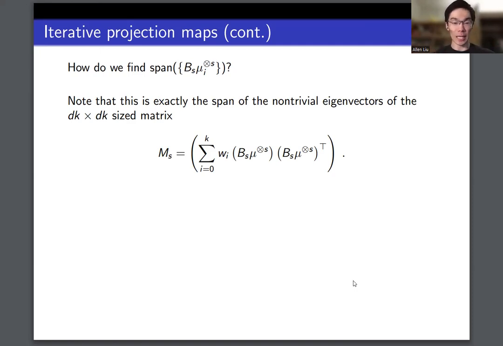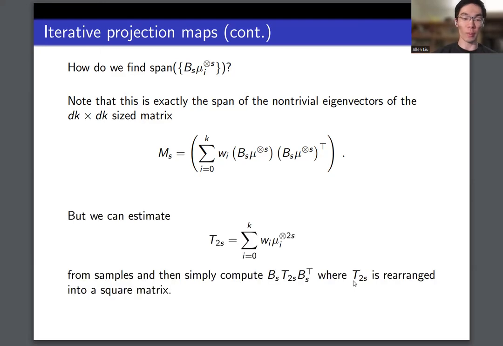So this is a D to the S by D to the S matrix. Note that the span of this is a dk by dk matrix. And note that the span of the mu_i to the S are exactly the non-trivial eigenvectors of this matrix. Okay, so this matrix is not too useful in its current form, but the key observation is